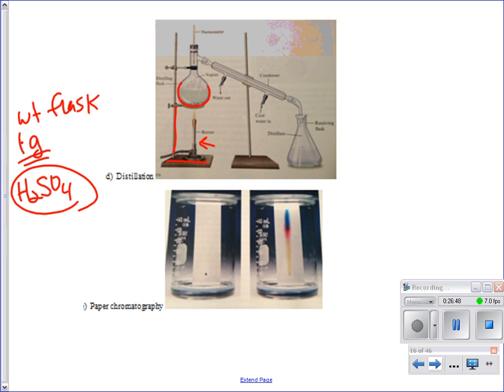I would put then sulfuric acid in there. It didn't matter how much sulfuric acid I put in there because it was all going to evaporate and go over to the other side. What does sulfuric acid do to protein? Denatures it. You go from tertiary to quaternary, you know, it just takes all the structure, breaks it up. We get it down to the amino acid level because it's super, super concentrated. So literally, it dissolves everything in the meat except the fat, because the fat is a nonpolar substance and won't mix with that aqueous solution.